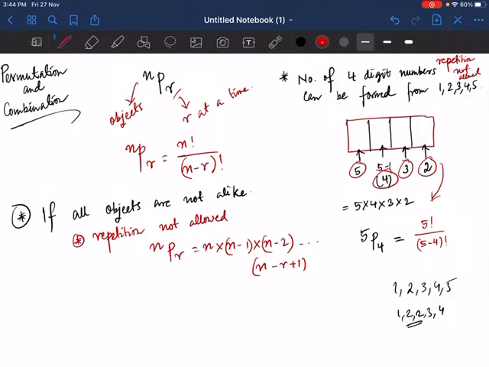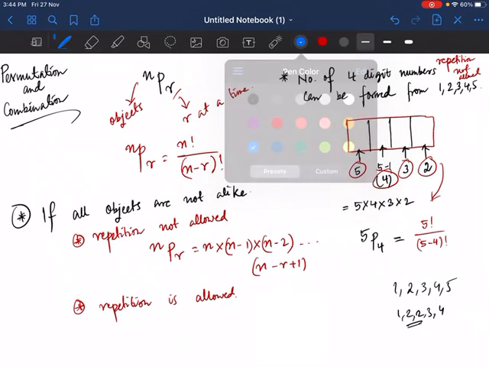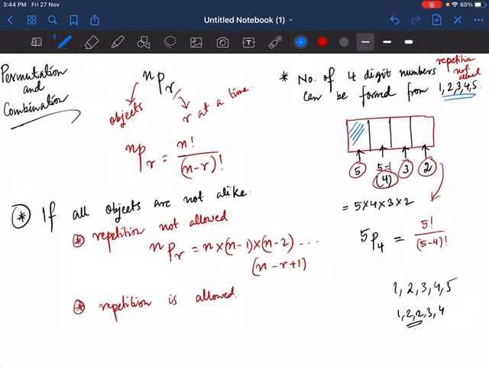Now let's do repetition is allowed. Now for repetition is allowed, what do we have? Repetition is allowed means that we can use that number again. So if I look at the figure here, if I use any number 1, 2, 3, 4, 5 to fill the first compartment,